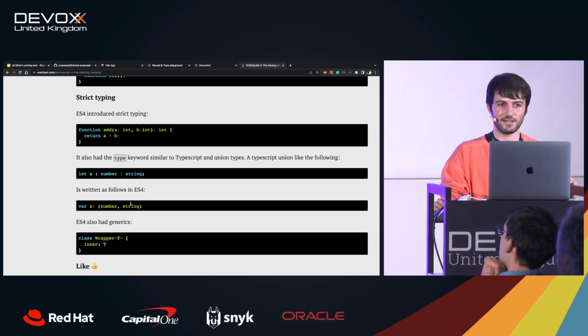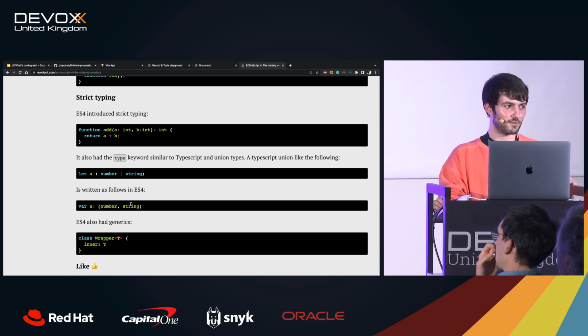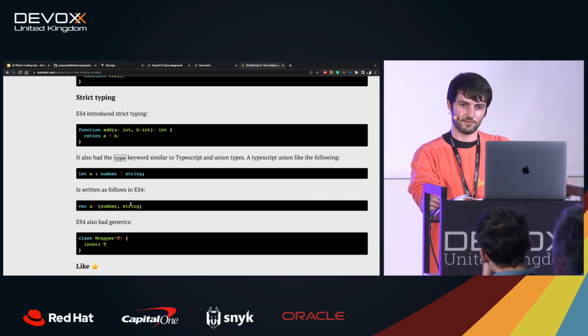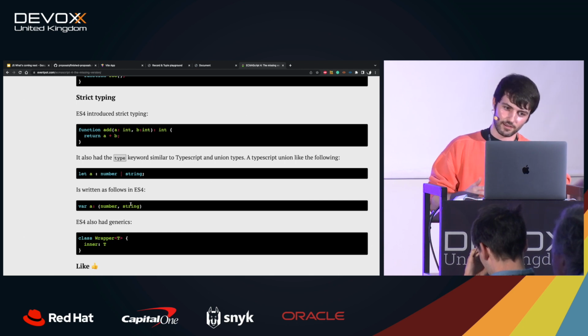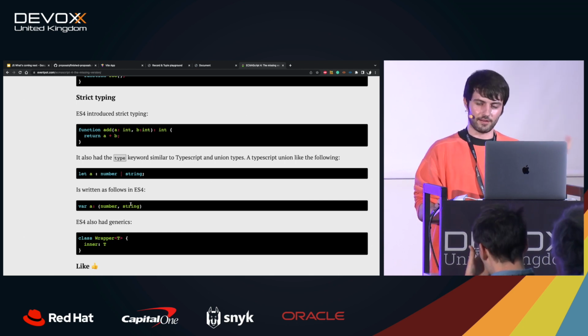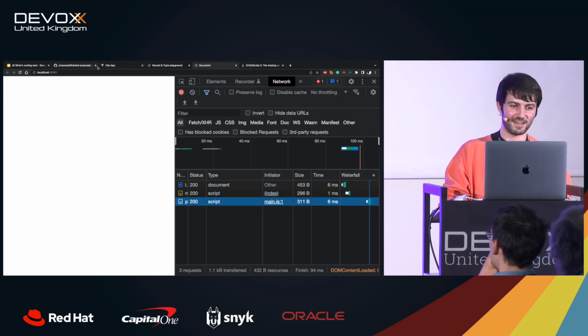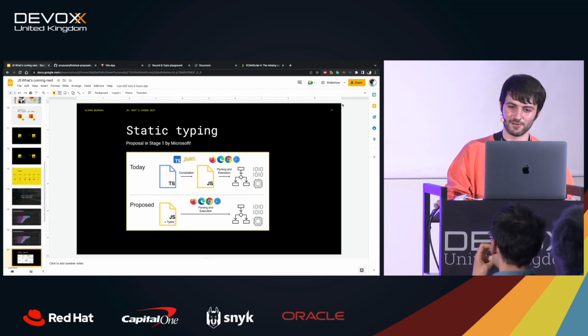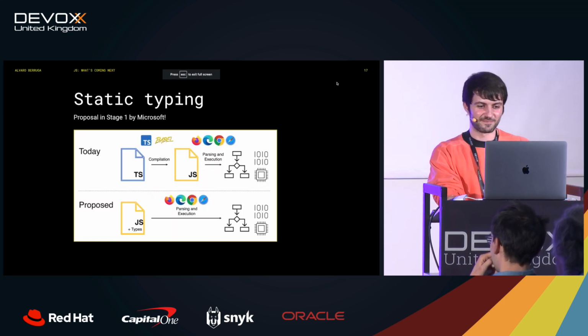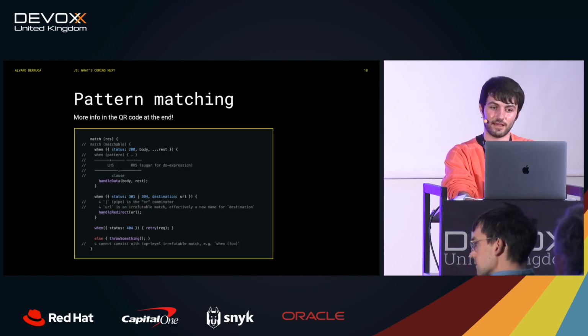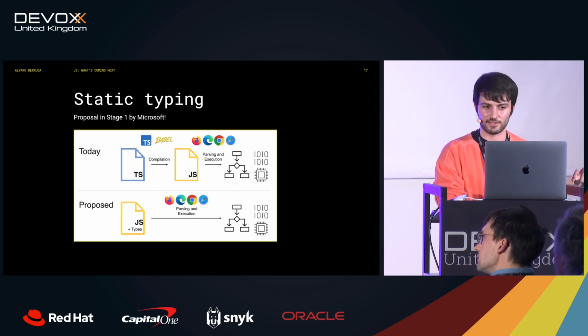For those of you who don't know, we're talking about 1998, and we're in 2022. But this was already a proposal, right? There is a lot of drama of why this didn't happen. At the end of the day, there were 2 branches of ECMAScript, ECMAScript 3.1 and ECMAScript 4, a conflict of interest. But if you are interested, in the QR code at the end, you will have the whole story with the drama of what happened.